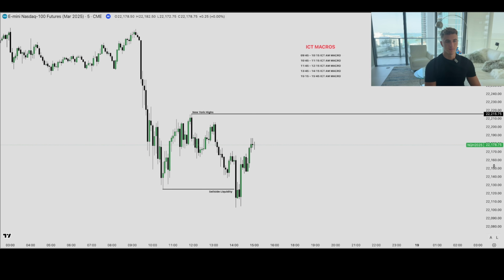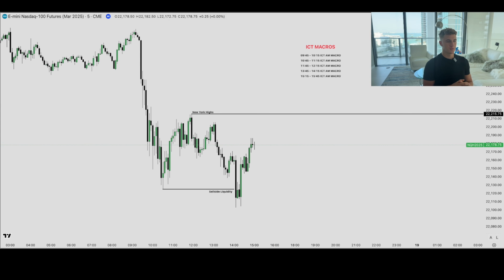All right guys, so I've just found a bullish example here. And I also forgot to mention about the ICT macros. So include this in your A+ checklist. You want to make sure that the unicorn model or your entry is inside one of these specific macros, all right? So I actually forgot to mention, whenever you're trading this model, you want to make sure that your entry is inside of one of these specific macros that I've just listed out here